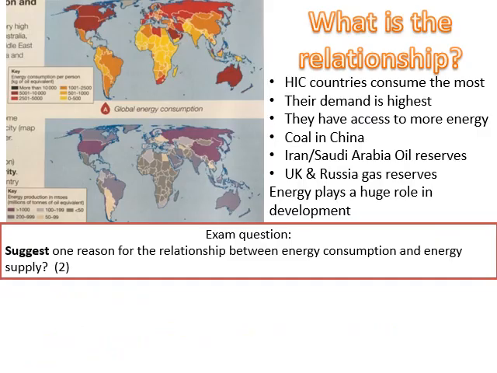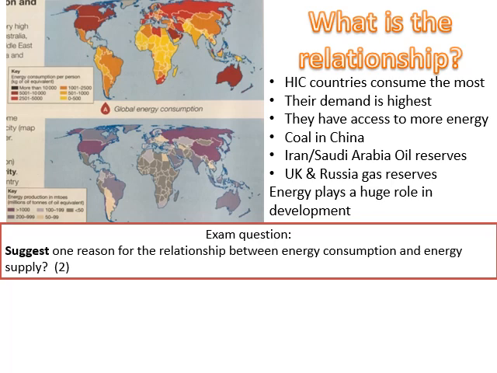So thinking about the geography that we've looked at, you've practiced a skill, but let's actually think about what these maps actually show us. So one is supply, one is consumption. And we need to think about the two together. So we need to think about the relationship between the two maps. Hopefully what you've noticed in your answers is that the higher income countries consume the most, which is what we would expect, but also they have the highest amount of supply as well.